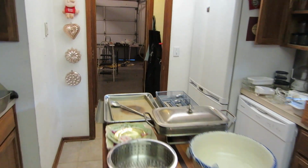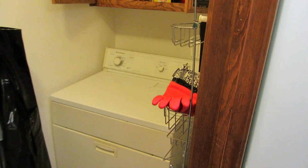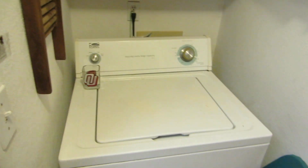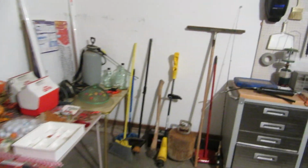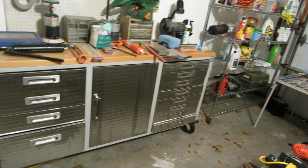Next, we're going to go into the laundry room. We have a washer and a dryer that match. Actually, sorry, a washer and dryer that don't match. One is a KitchenAid and one is a Whirlpool. Next, in the garage, we have some Christmas items, and then over here, a wonderful workbench, all solid metal with drawers,